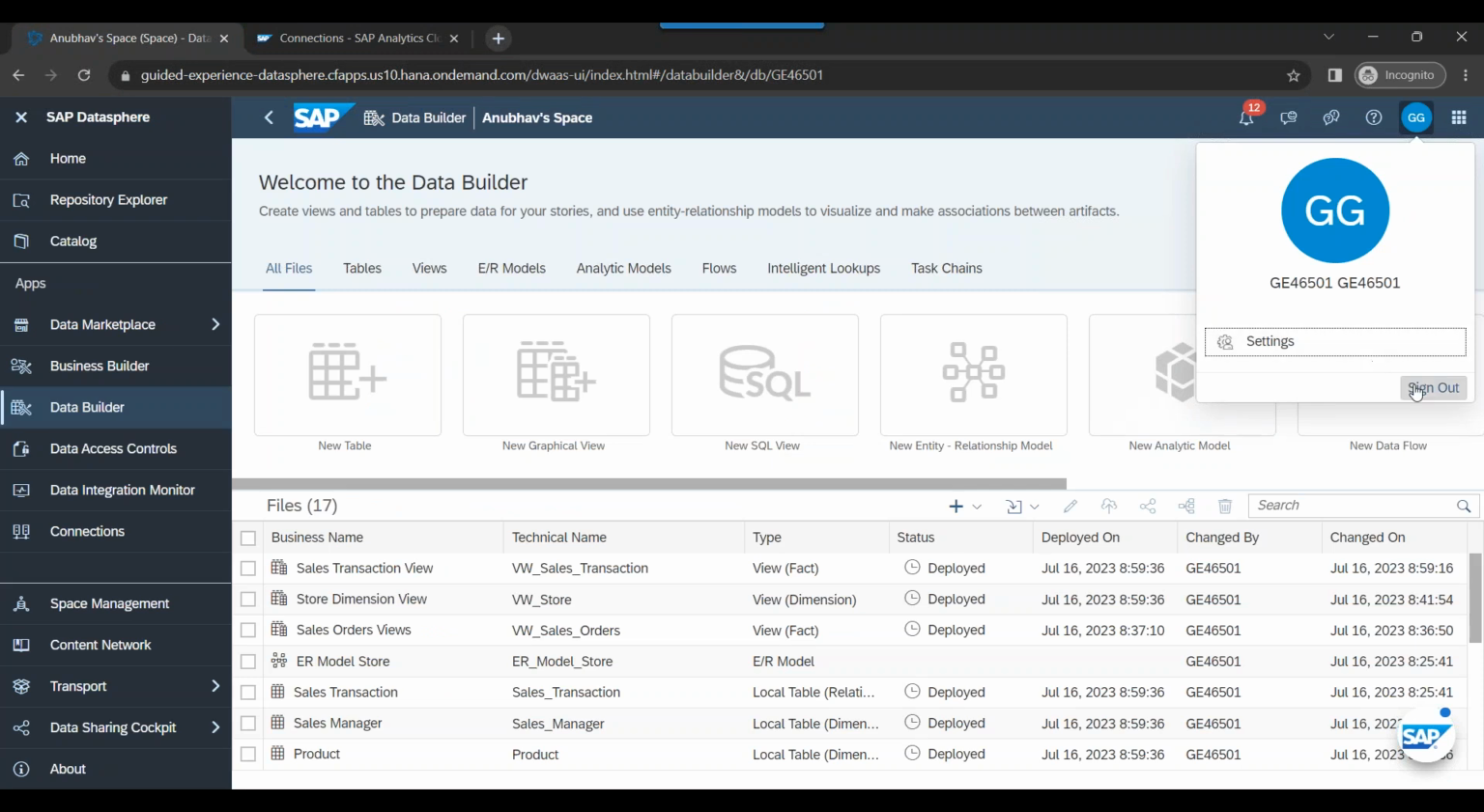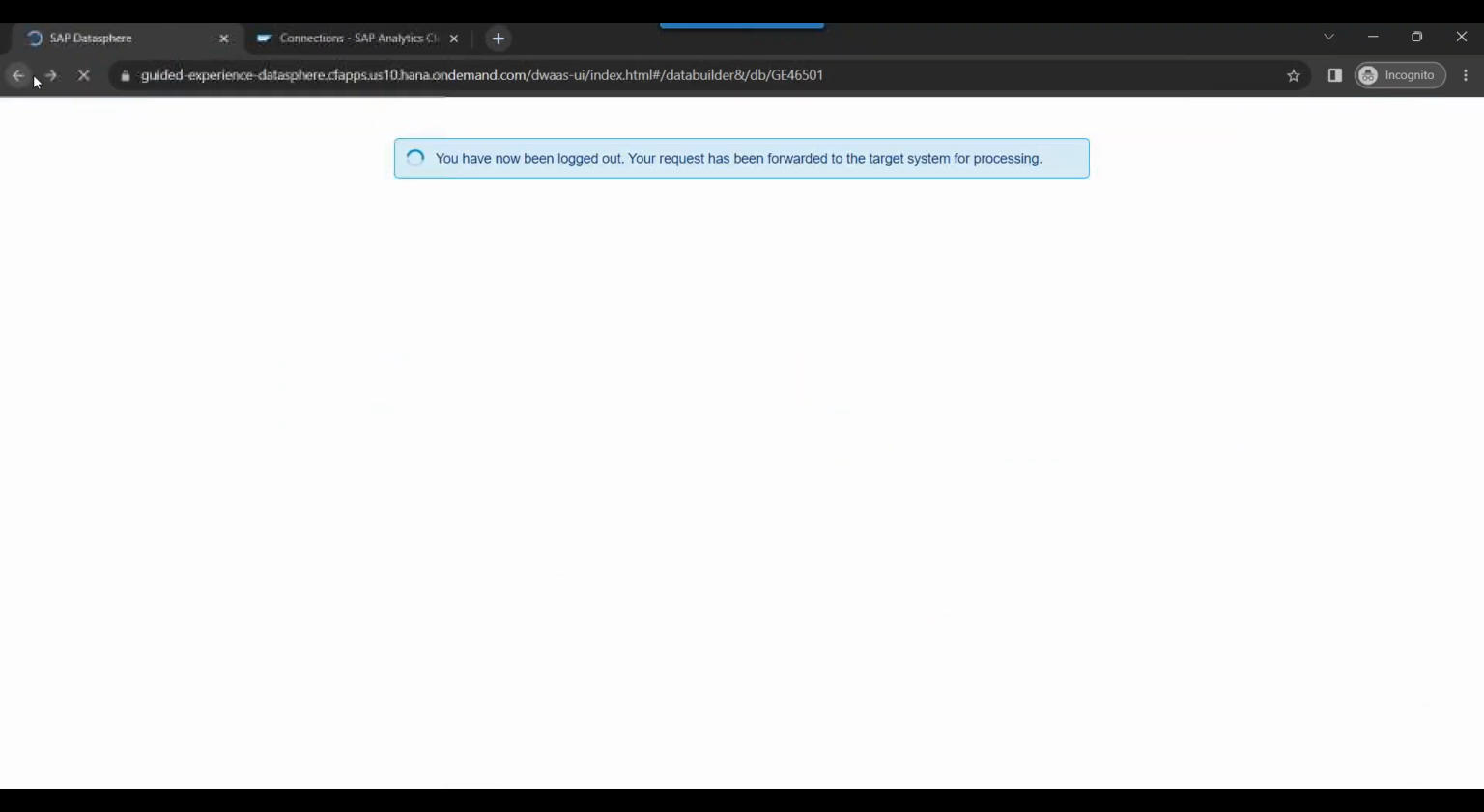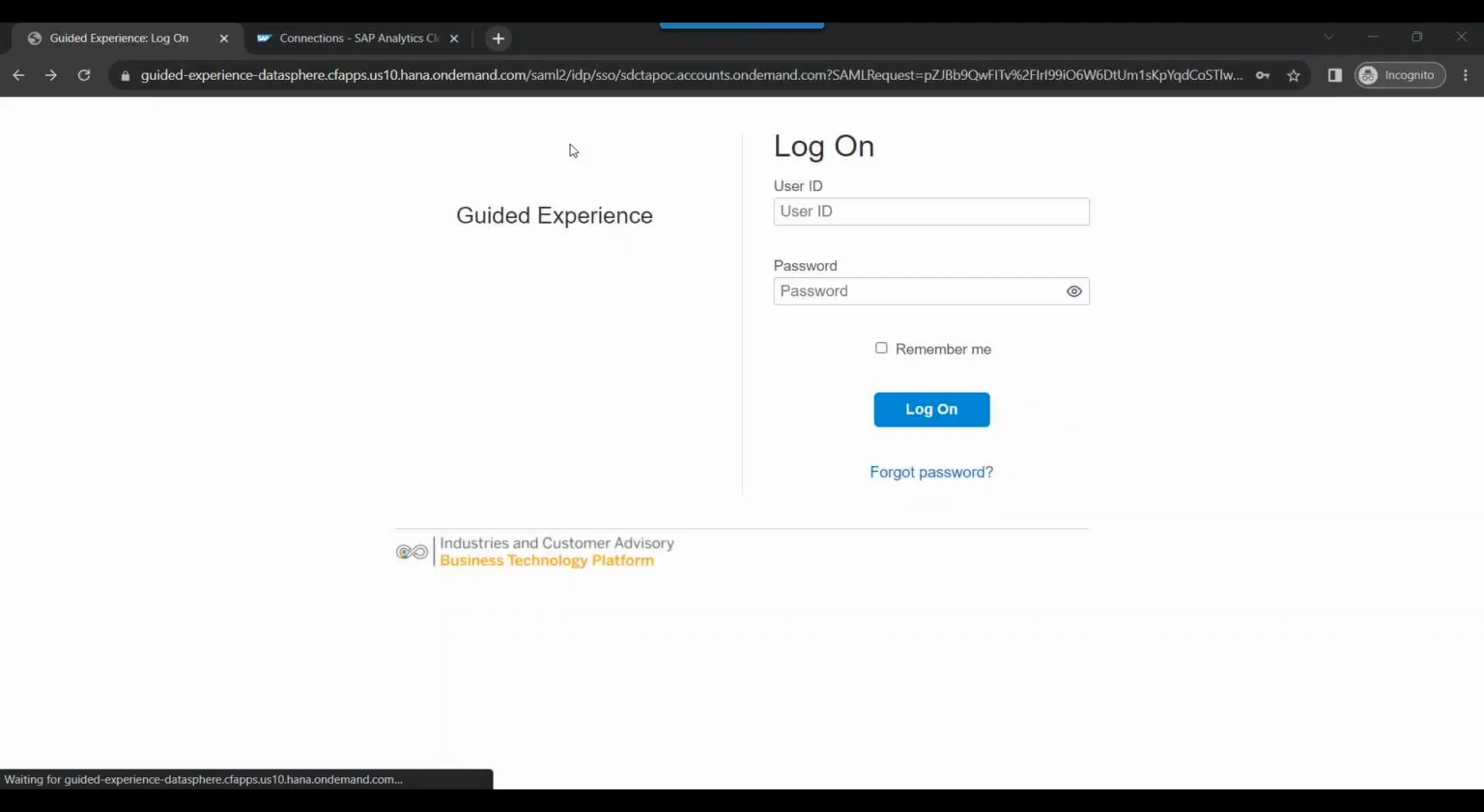So I'll go back and create an analytical model. Oops, I'm so sorry, I signed out. Let me go back again to sign in. Just give me 1 second. I need to log in again. So I'll just log in again,